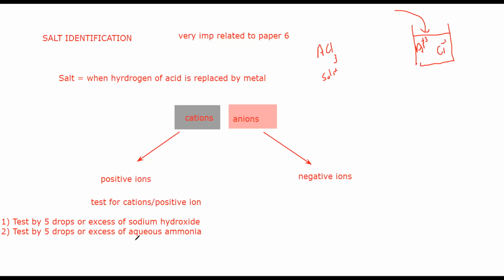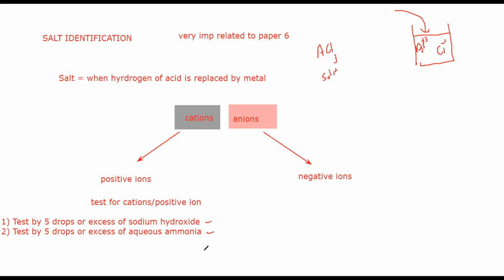One is by sodium hydroxide, another one is aqueous ammonia. As you will study, like in A levels, you will learn different types of tests. According to your course outline, you have to test the positive ion by sodium hydroxide and learn the observation. Same way you have to test by aqueous ammonia or ammonia solution and learn the test and observation